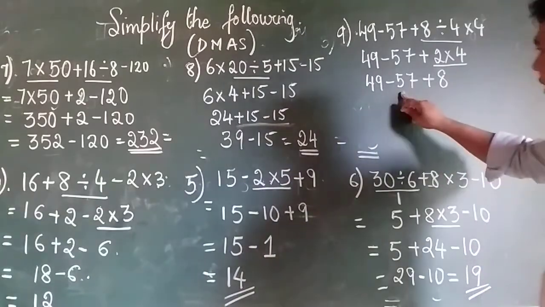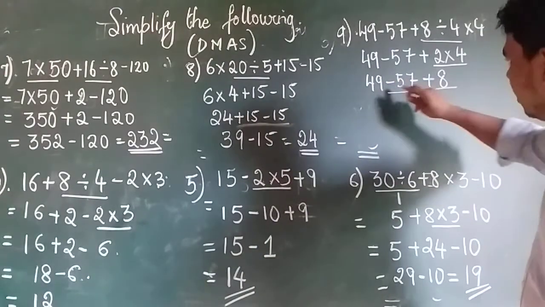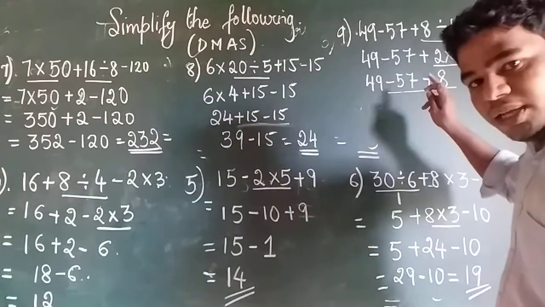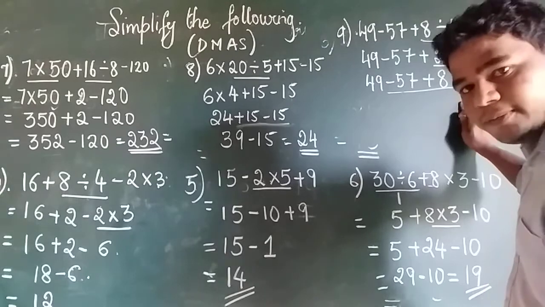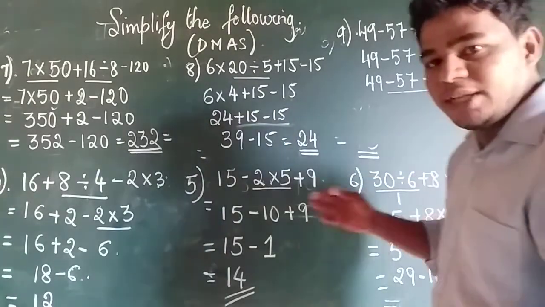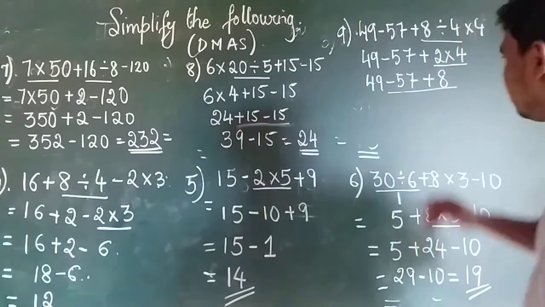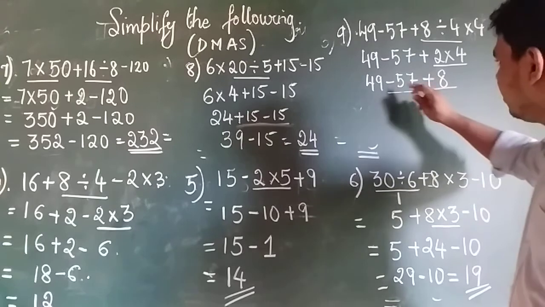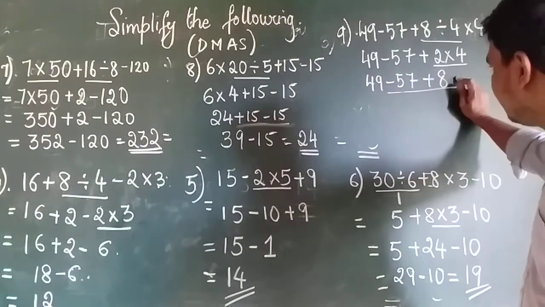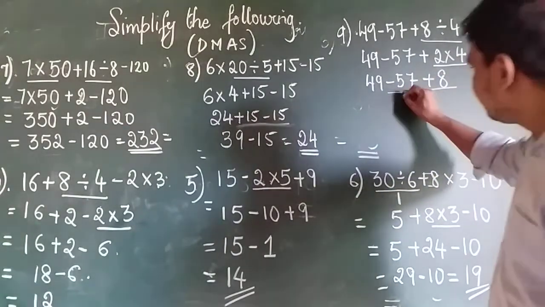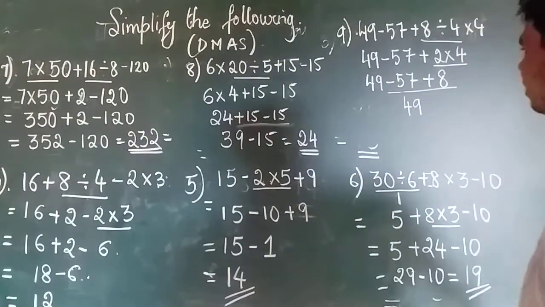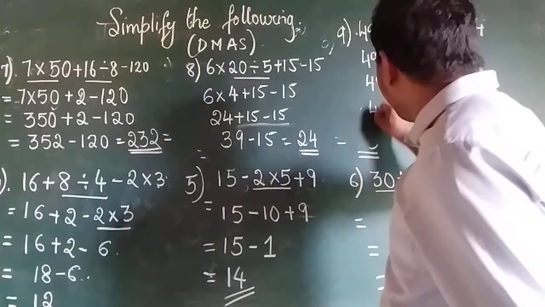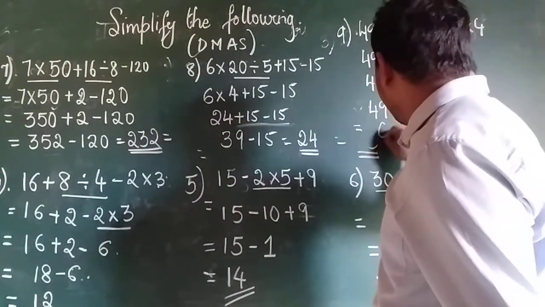Okay. Now let's do addition. But again, if you see here, this is negative 57 and plus 8. If we have one negative and one positive, we subtract. We have to subtract the numbers and then take the sign of the greater number. So what is 57 minus 8? 57 minus 7 is 50, so 57 minus 8 will be 49. But the sign of the greater number, 57 is greater, so it will be minus 49. 49 minus 49 will give you finally 0.